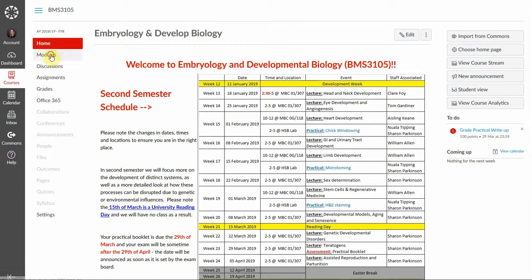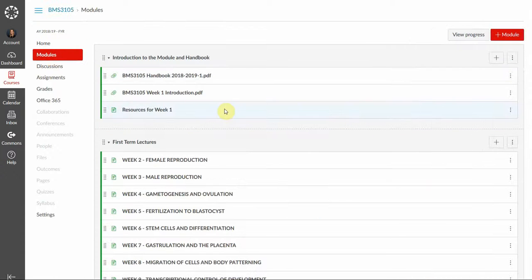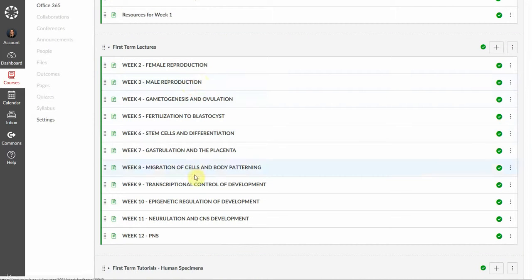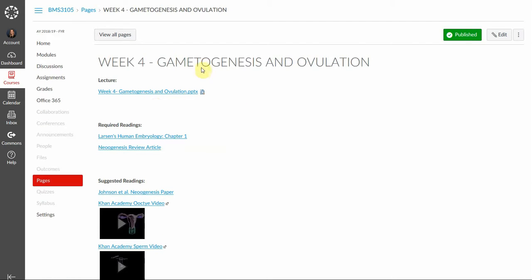So within our module, each week is aligned to a specific topic, and within each week there are specific resources that are assigned to the students. So for example, in week 4 here, I've uploaded the lecture notes that the students can then read, the slides. They can either download them or they can maximize them within this window. I also have required readings as well as suggested readings and other resources such as videos that are embedded within